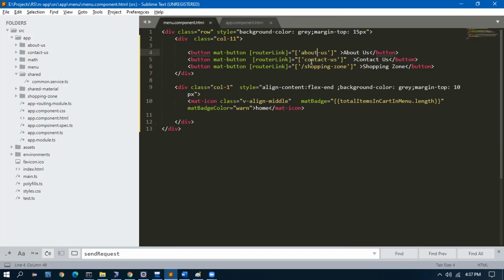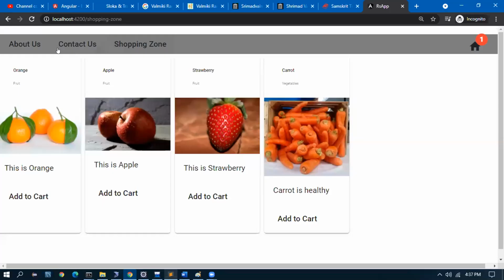In the menu component, if you hit the buttons, it is going to. This one, this path. You can go to the website, Rajesh. Yeah, at the top right corner. Here. Yeah, that one. Before it was in the middle, right?